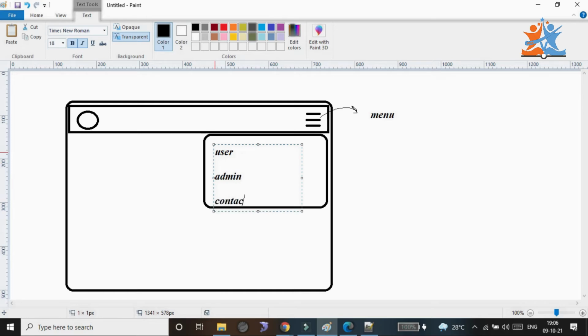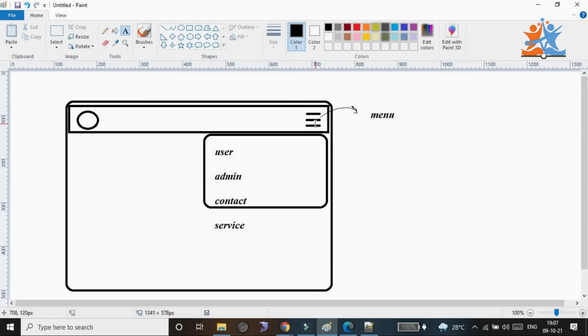Like that we have a number of menu options. Whenever we hit on this, we need to get the display, and when we hit on this again, it will be minimized. How do we get this functionality, minimizing and opening? We can get all these cases whenever we go for JavaScript. So, one second.